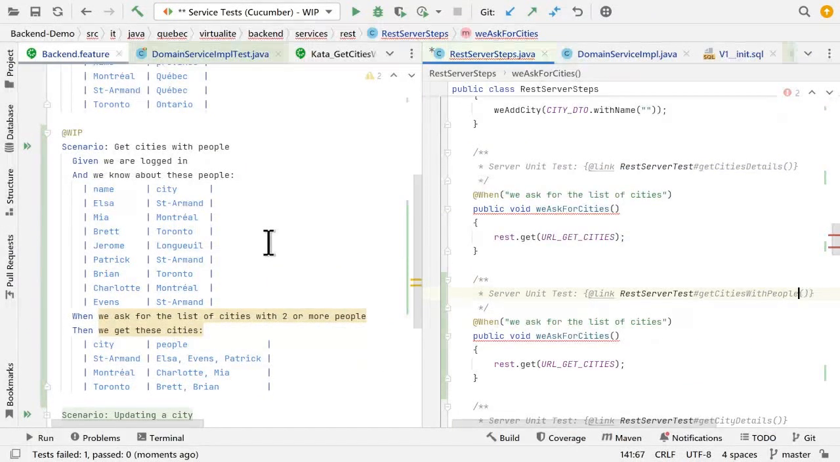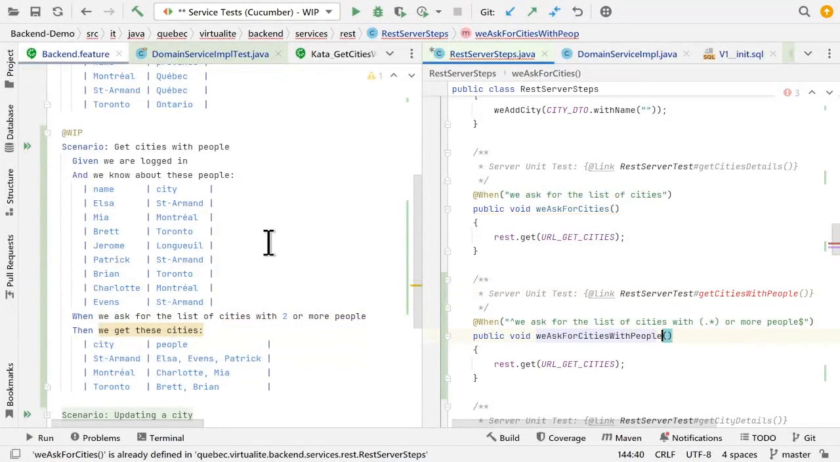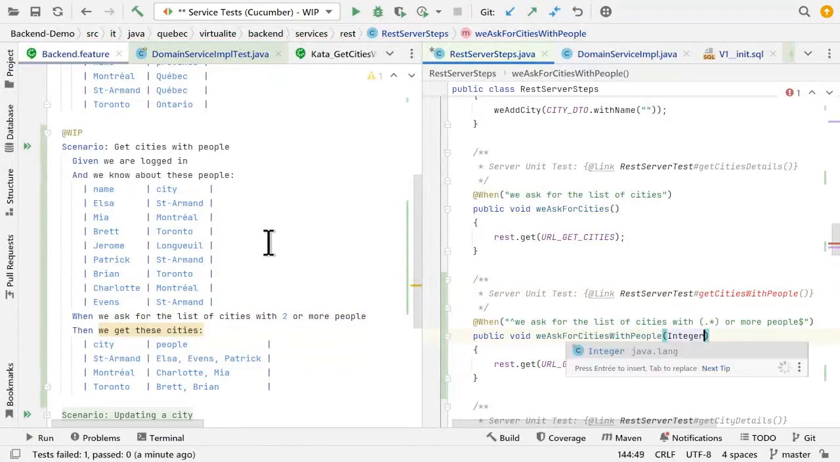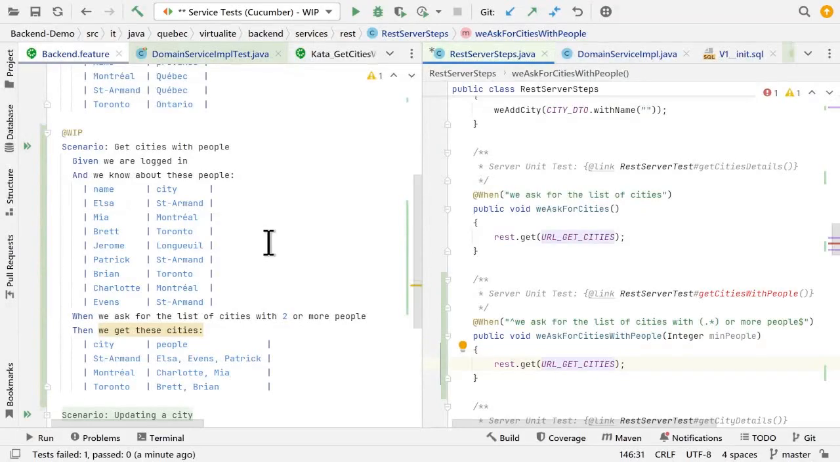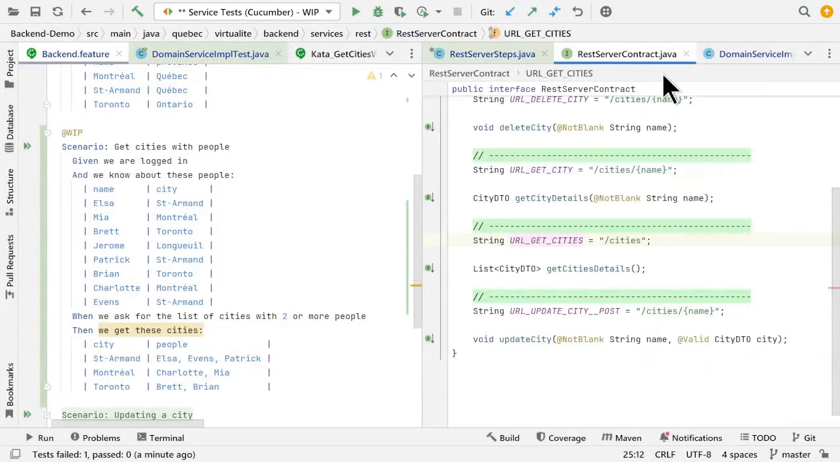This will be the new unit test for the method. This is our regular expression, right? So this is a minimum people. We need a new URL for it. URLs for the different